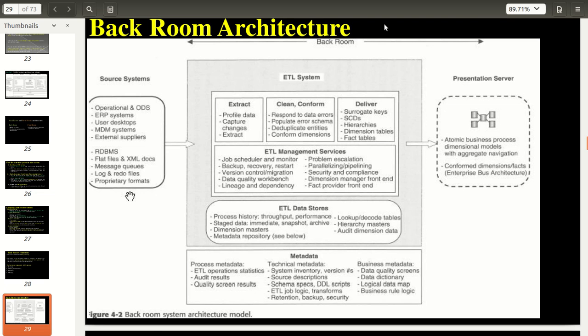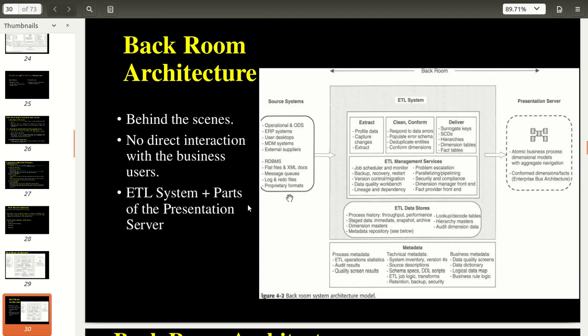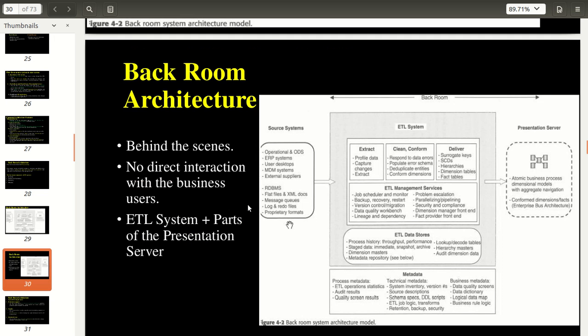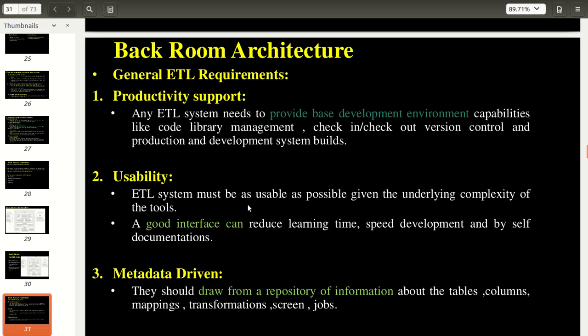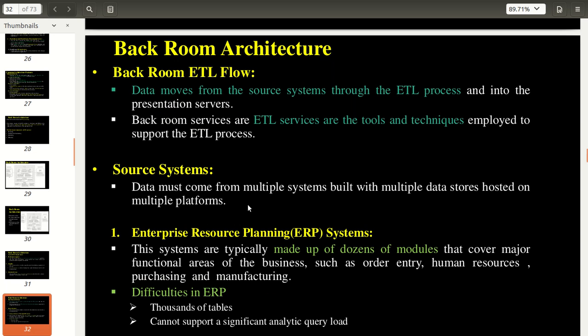So this is the backroom, behind the scenes. The next part is general requirements. The first requirement is productivity support, then usability. The next one is that it is metadata driven.